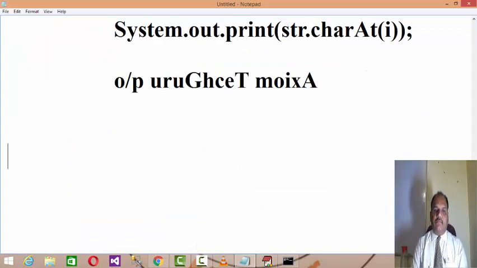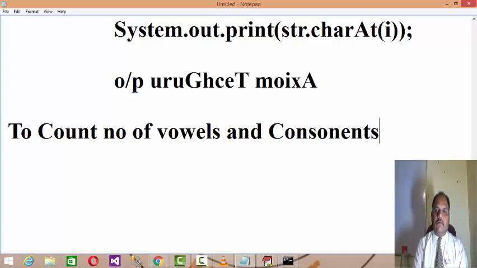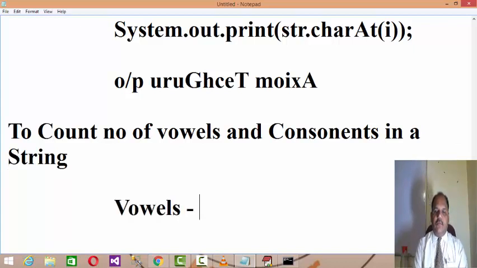Okay, so now we understand how to reverse a string. Now let us write another code to count the number of vowels and consonants in a string. As we are discussing string manipulations, as we know, vowels are the combination of A, E, I, O, U, right?